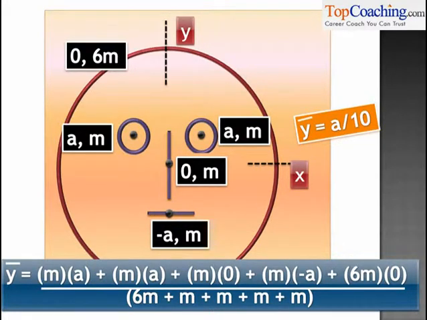This is the center of mass of all of these bodies given in the question. That's the center of mass of the entire face. So there you go. That was such a simple question, wasn't it? All we needed to do here was calculate the center of mass of all the individual bodies given, and then calculate the center of mass of the net system consisting of all of these bodies by treating each body like a particle and applying the formula y center of mass equal to sigma mi yi divided by sigma mi.